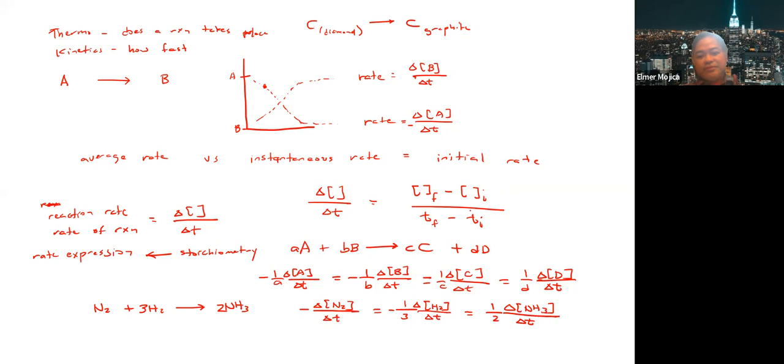So what does it mean? Whenever there's 1 mole of nitrogen that decomposes, the speed that corresponds to 1 mole of nitrogen is just 1/3 of the decomposition of hydrogen, because there's 3 hydrogen that you have there. And I think in my lecture I gave a specific example on how the calculation is being done there. So yung example na binigay dito, if we're going to look at the module, so you have this one.